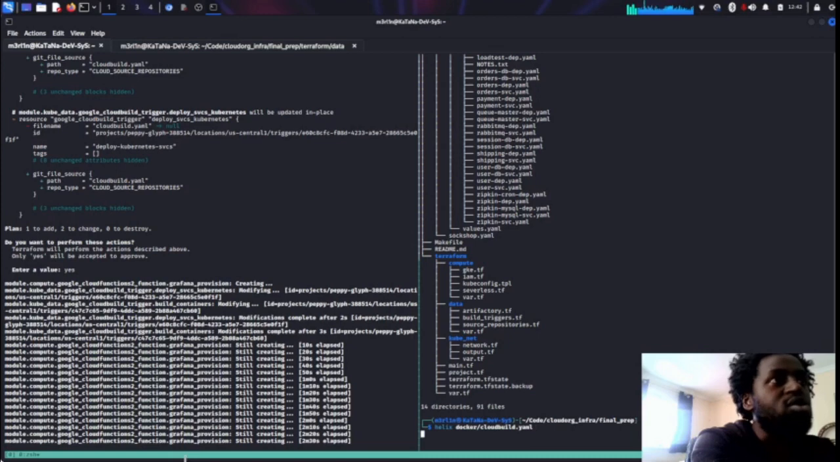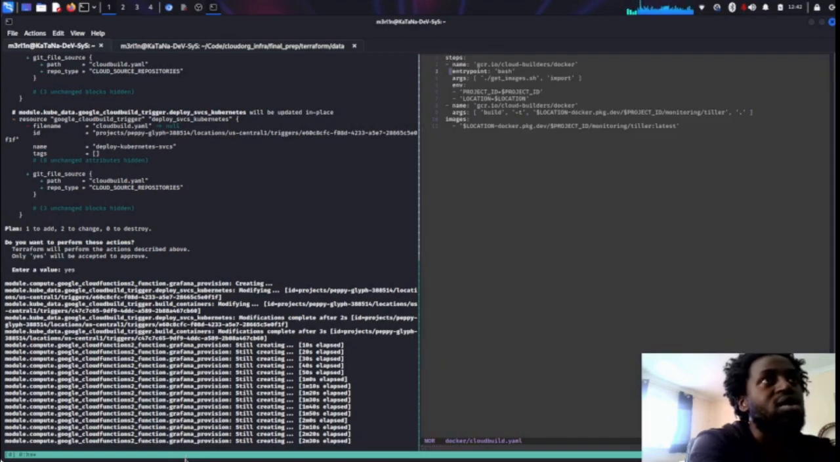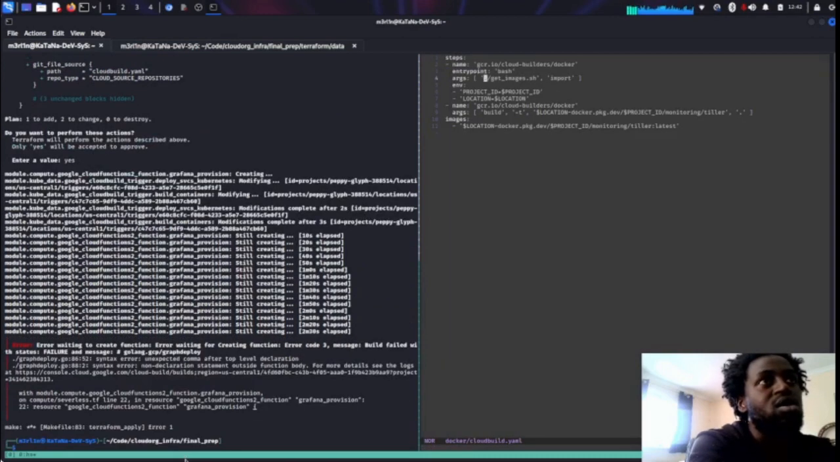So with the Docker containers, it's pretty simple, right? It's going to run the get sh command. The get sh command will